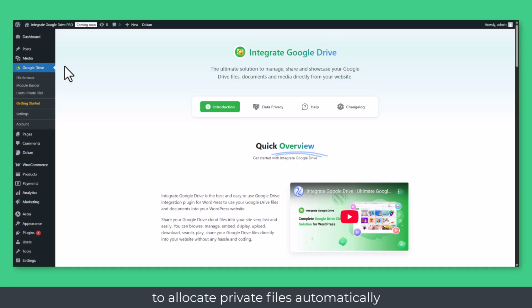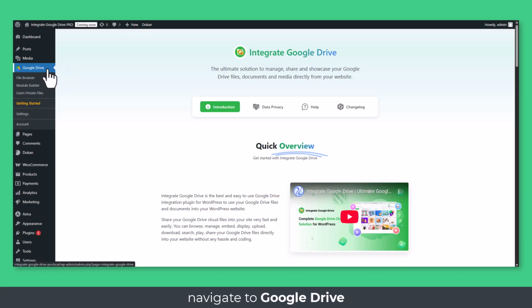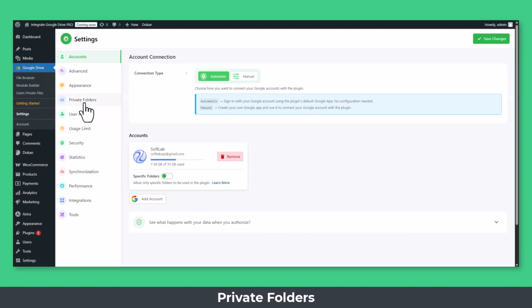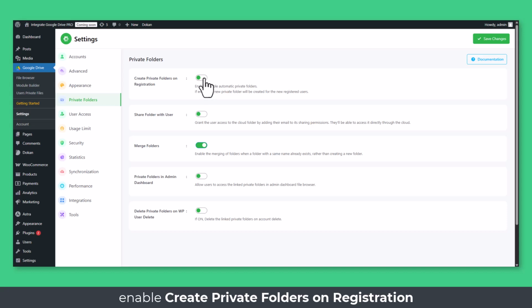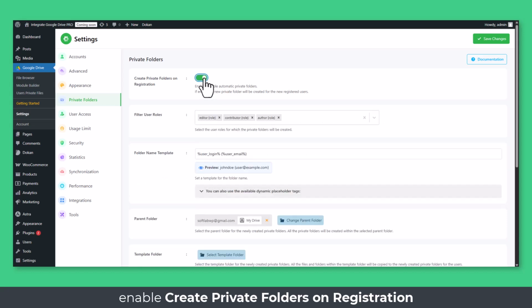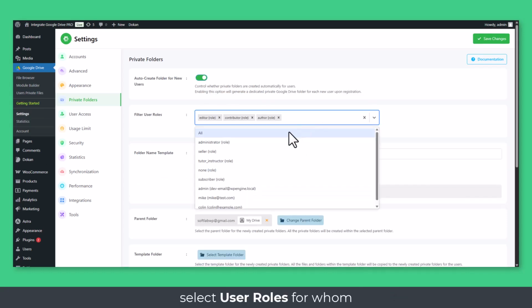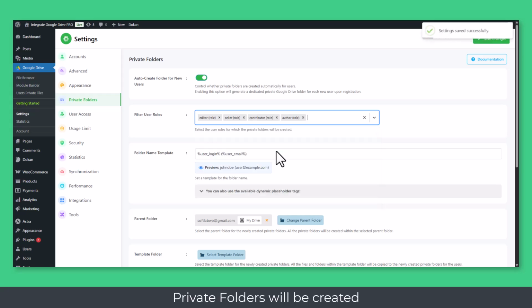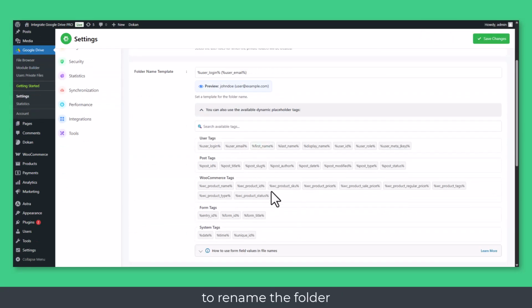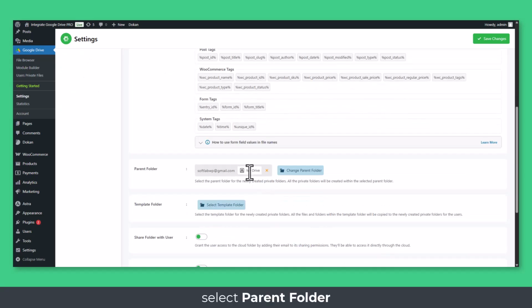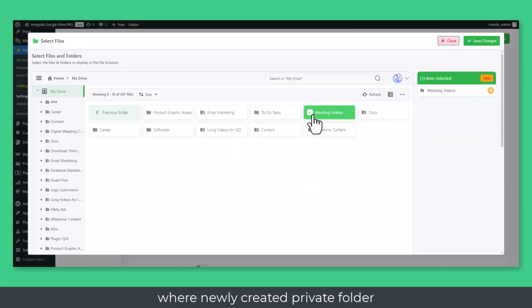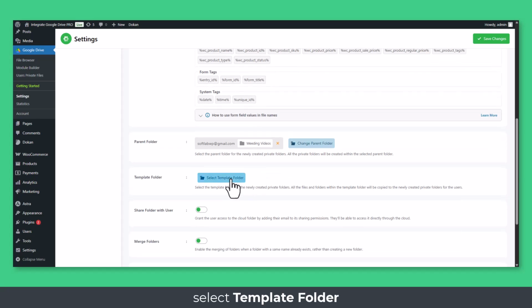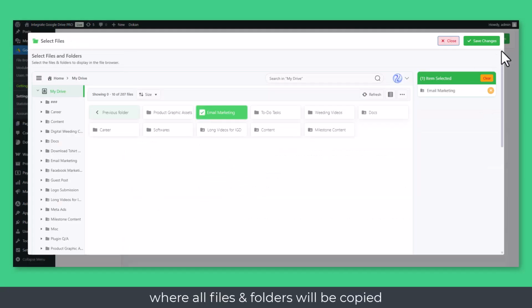To allocate private files automatically, navigate to Google Drive, Settings, Private Folders, enable Create Private Folders on registration. Select user roles for whom private folders will be created, set folder naming template to rename the folder, select parent folder, where newly created private folder will be stored, select template folder, where all files and folders will be copied,